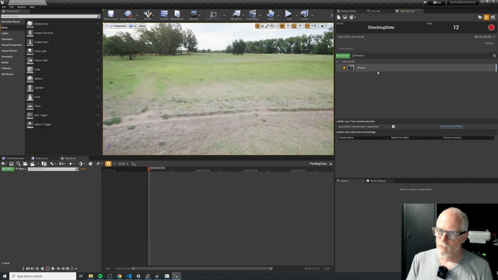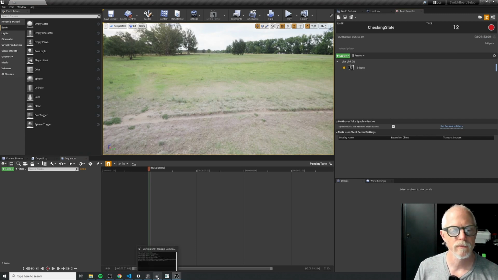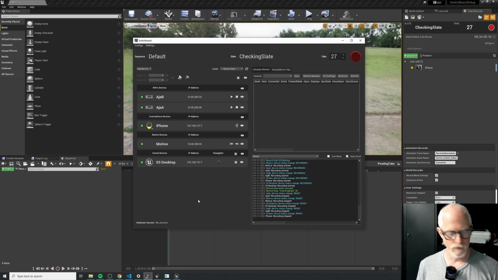We have something to record. We have to add something to record in order to roll on all the things. So that's pretty much the whole of it. So I'll stop here. This is how you set up the Switchboard for a performance capture kind of scenario